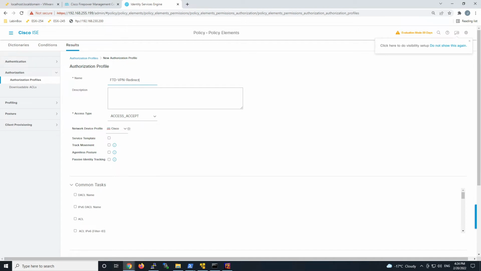We'll give this the downloadable ACL assigned to the VPN redirect is posture unknown. And where are we going to redirect the individuals? Well, we want to get that posturing mechanism done, right? So we need a way of redirecting the user